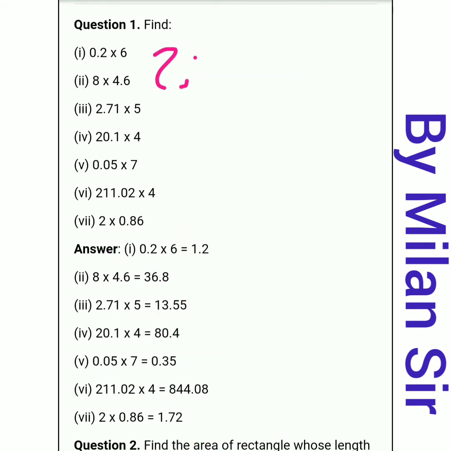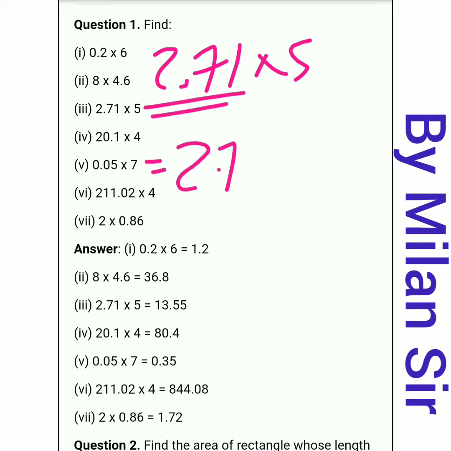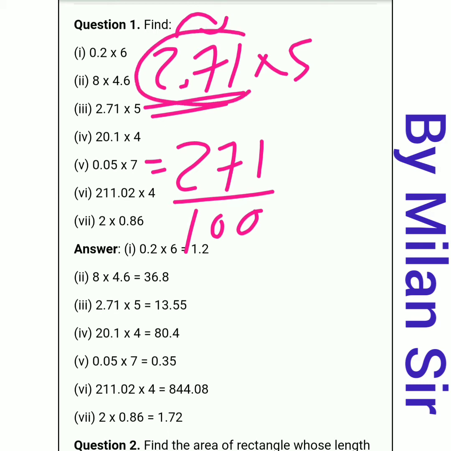You can also find out the answers by the conversion of decimal to fraction and fraction to decimal. So here first of all we need to write this number, ignoring the decimal point. In the denominator, after the decimal point we have 2 digits, so we need to put 2 zeros and before that 1, that means 100. Always we need to write 1 before.